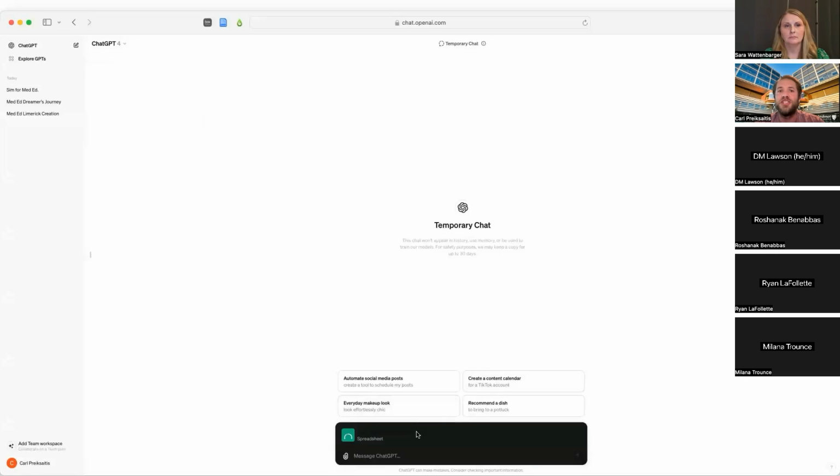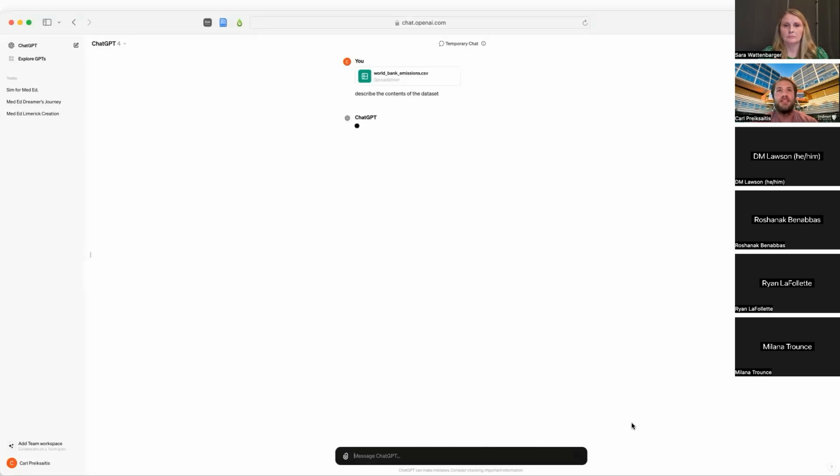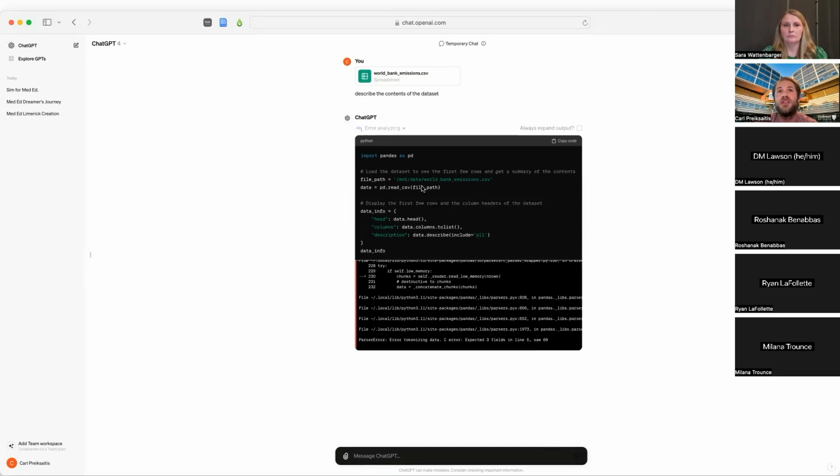This is just a spreadsheet of World Bank emissions, just as an example. And then I ask it to describe the contents of the data set. And you might wonder, how does this work? It's not really working with language. The way this functions is that because these models are good at writing code, it will actually write, oh,